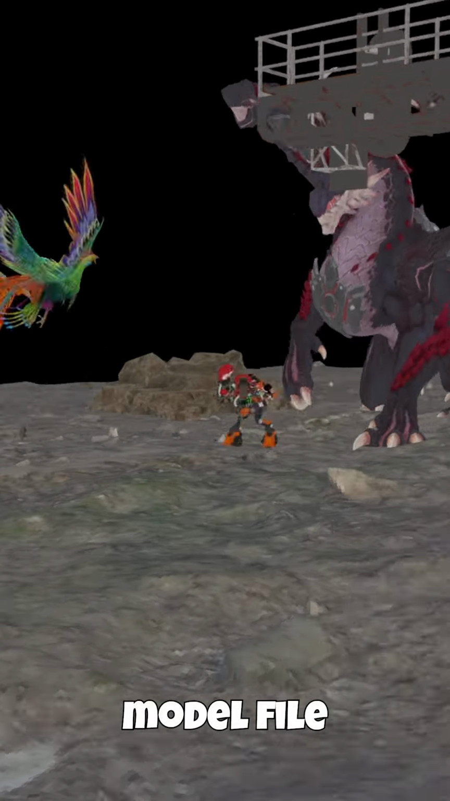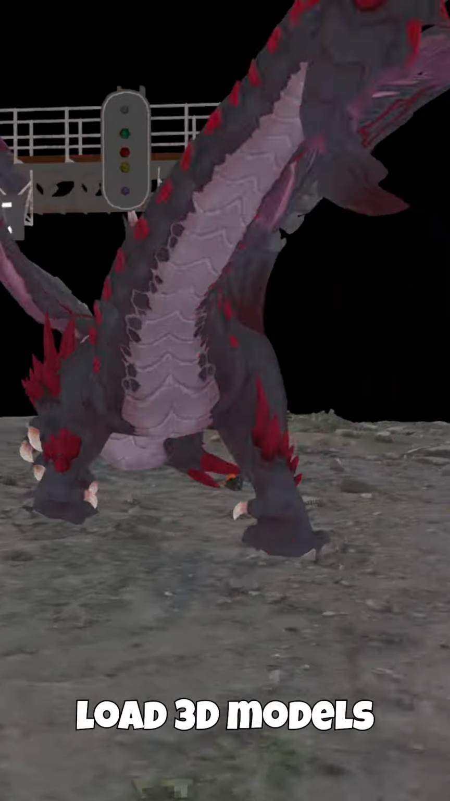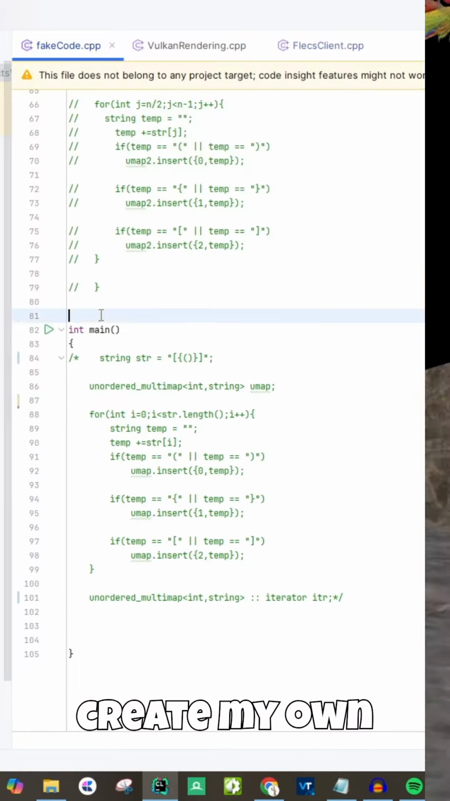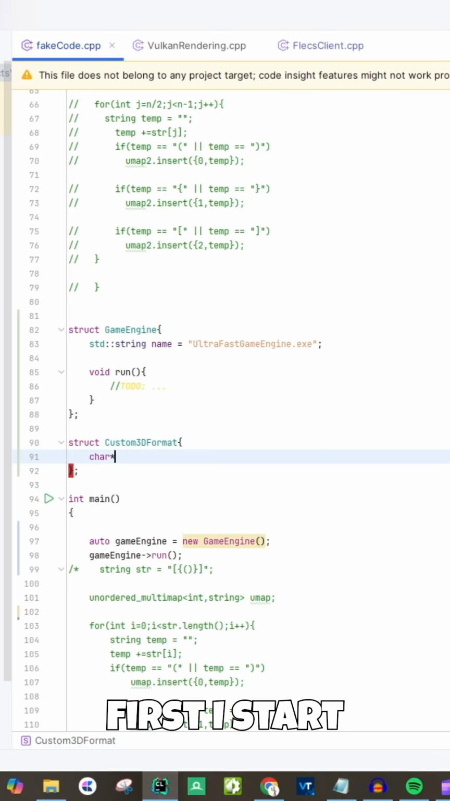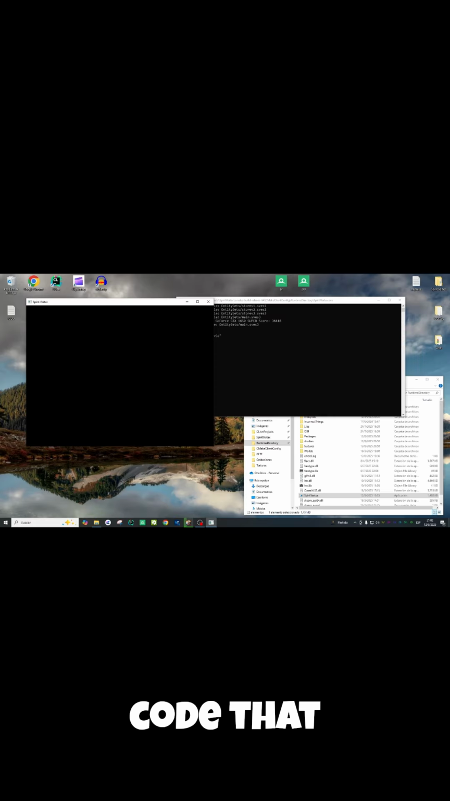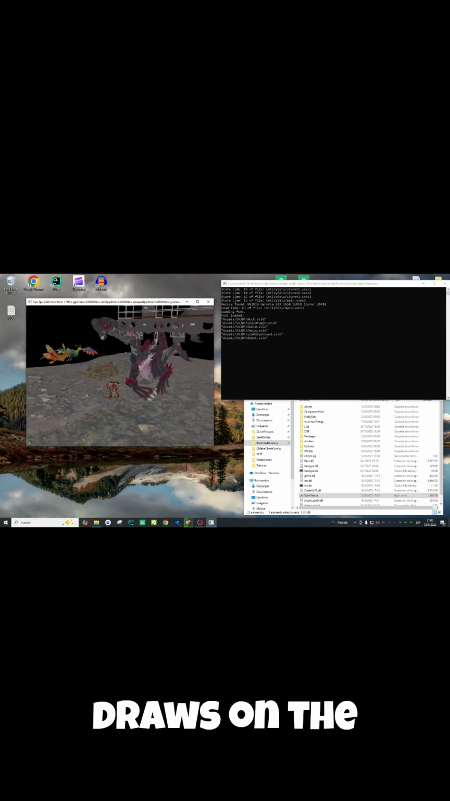I created a 3D model file format and used it to load 3D models in real time, because I decided to create my own game engine and then create the game I always wanted. First, I start with the rendering system, basically the code that makes a window appear and draws on the 3D